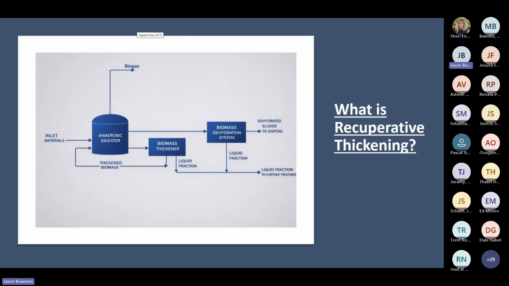So we can thicken our solids up to 6, 7, 8% in most cases, and then we recirculate that thickened biomass back to the digester. The added benefit of this biomass thickener is that it also offers an initial level of clarification. So it's kind of a 2-in-1 process, meaning the liquid fraction is typically or relatively clean compared to most digestate